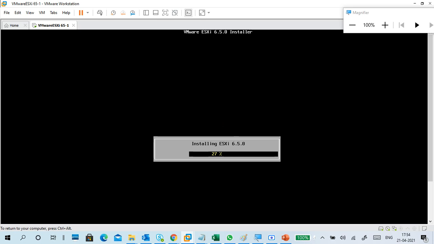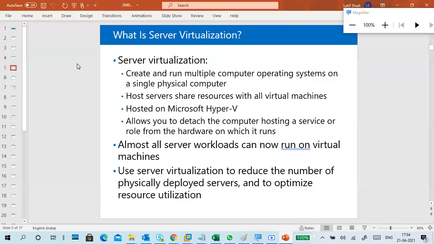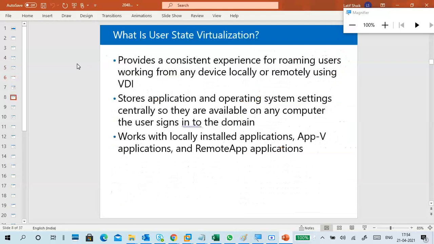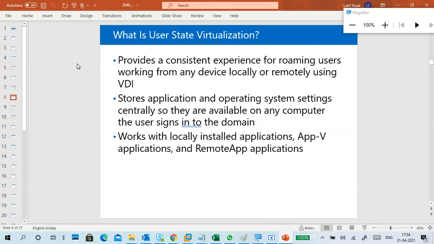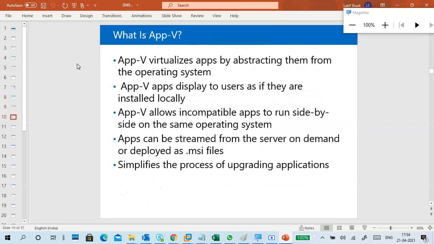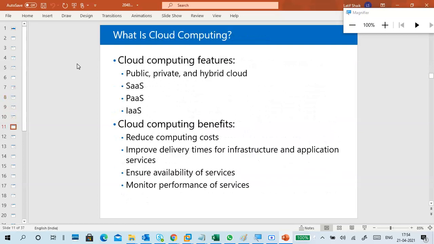Very good, guys. It is stuck at 27. So what to do? Go through this PPT. Each virtualization topic, try to read at least once.